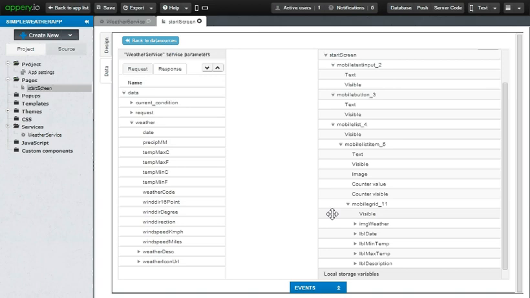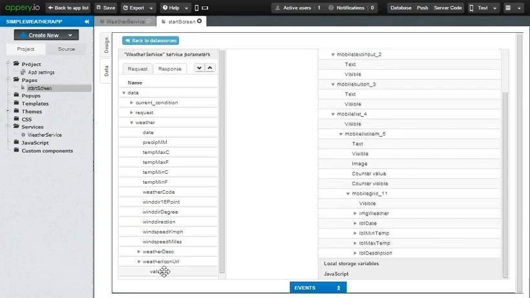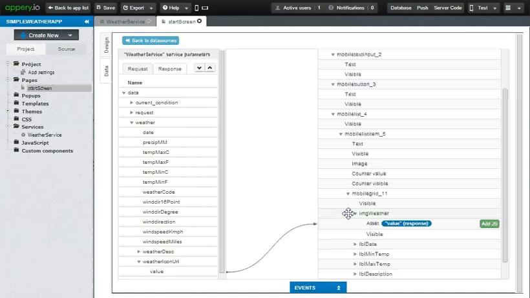For example, in our interface there is an image weather. If you remember, IMG weather was the name of the image that we had put in. So in the response, there's a weather icon URL that comes up. All we need to do is map the value of this weather icon URL to our IMG weather, image weather. So that's what I do. I just map it onto the image weather.